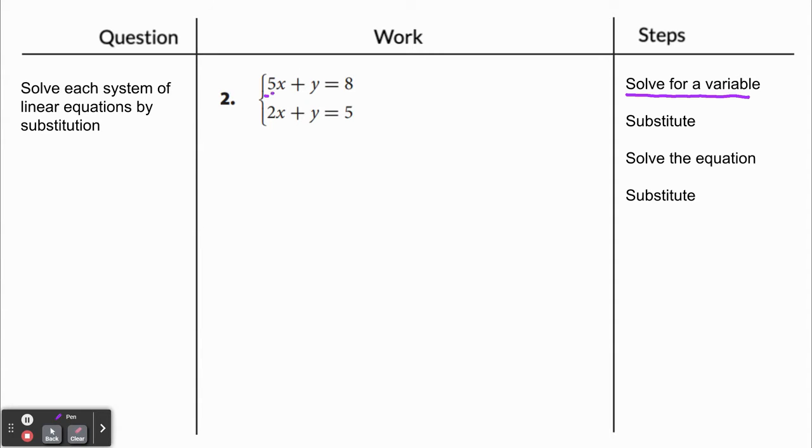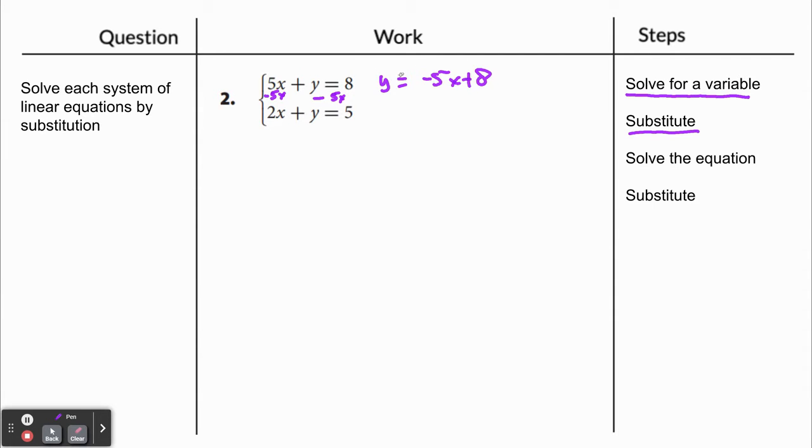So what I'm going to do is subtract 5x from both sides, which gives me y equals negative 5x plus 8. Now I'm going to substitute because I know y is equal to all of this stuff